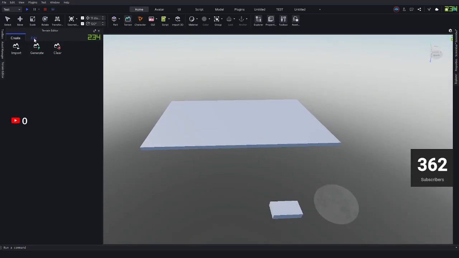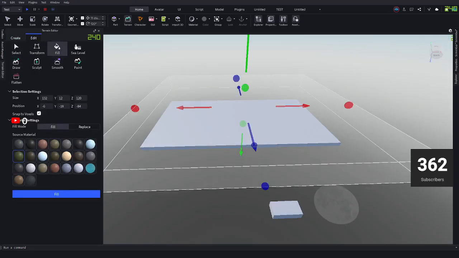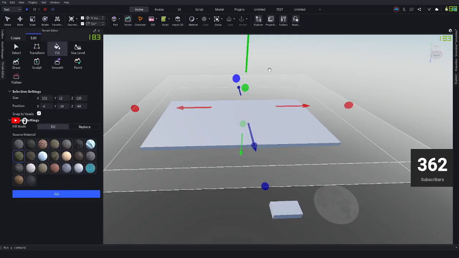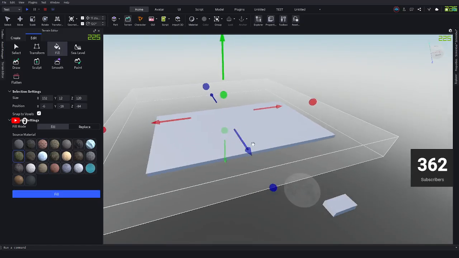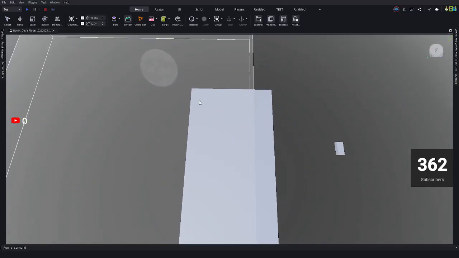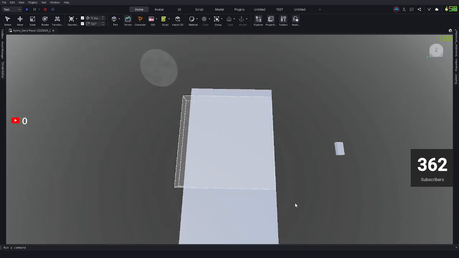Later you can edit it, and you go to Edit, and then you can go here and press Fill. And then you'll see it on your screen. Basically, this will just fill whatever is inside it. You can select anything you want here, snow, anything, whatever your theme is. I'm going to go with grass and press fill. But before I press fill, I'm going to go ahead and scale it. So I can also go here and just select it on the screen like this,